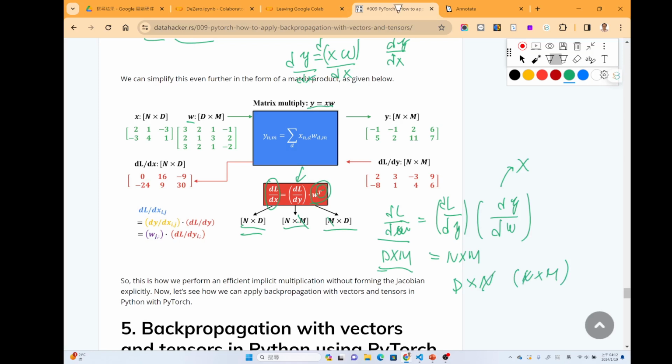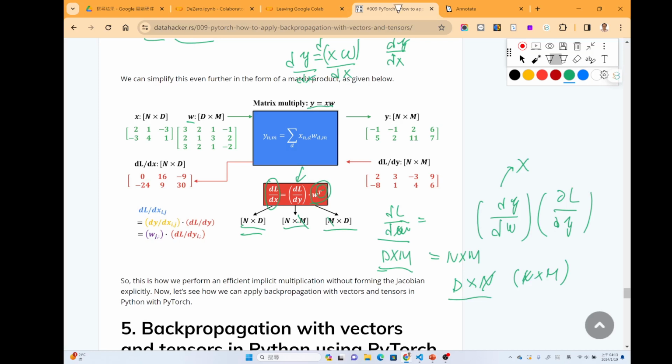So it means that for the n by n gradient, we need to swap these two, so that it should be the dy over dl here, and we erase this one. So we need to have a matrix which is d by n here.